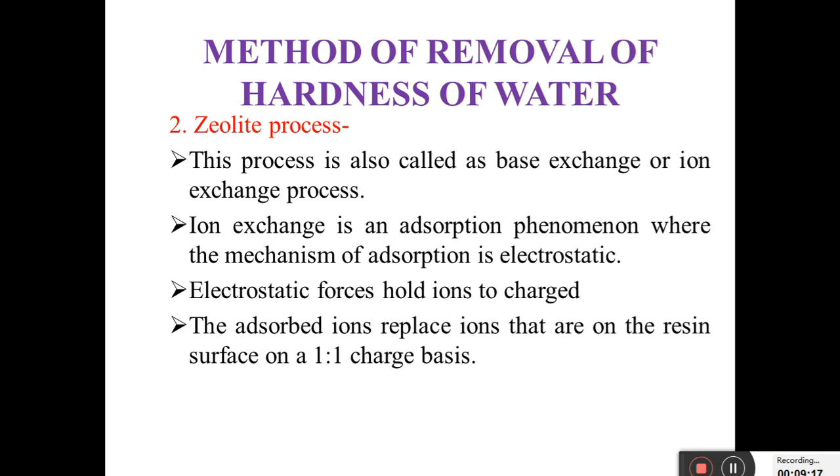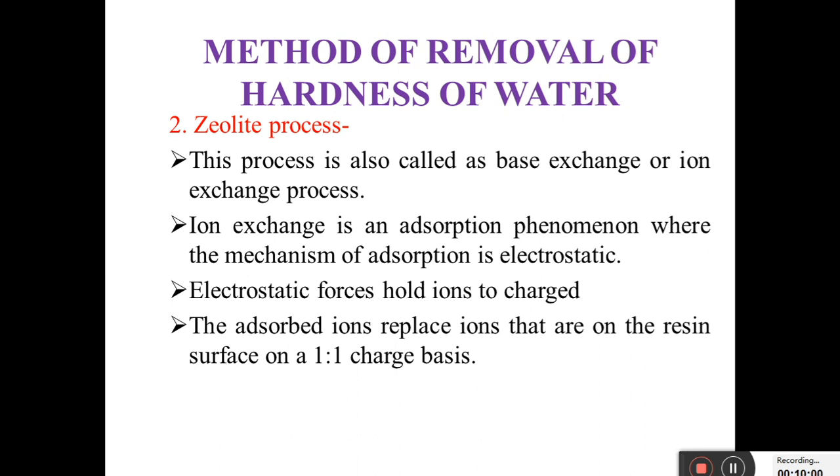See, the synthetic zeolite is produced from feldspar, kaolin, clay and soda. These chemicals are mixed as per the requirement and fused in a furnace. After the given time, it is allowed to cool down. Then it is crushed into solid particles with a size varying between 0.25 mm to 0.55 mm. Then it is washed to remove the impurities and alkalis. This is called permutit. It is white in color. The exchange process needs about 8 to 10 hours and it is called the regeneration process.